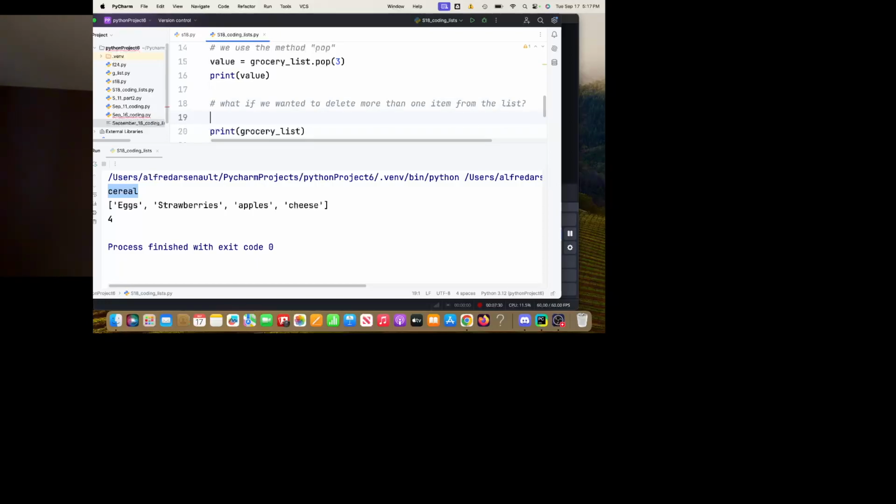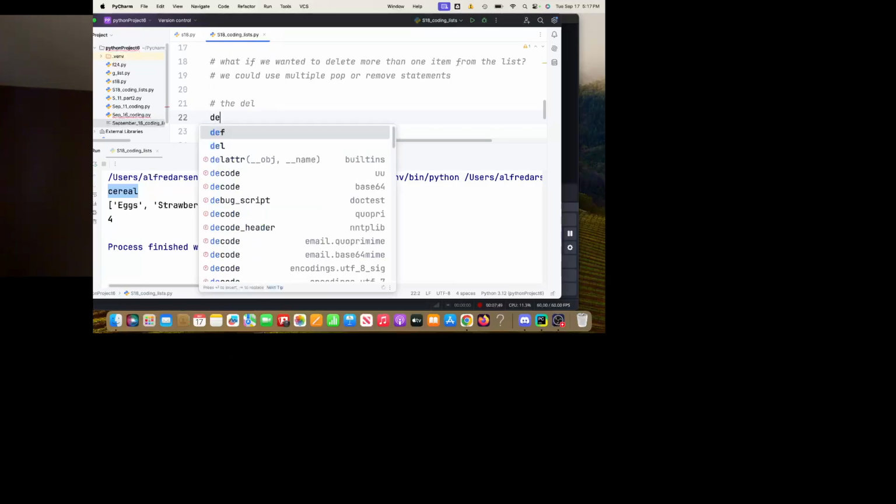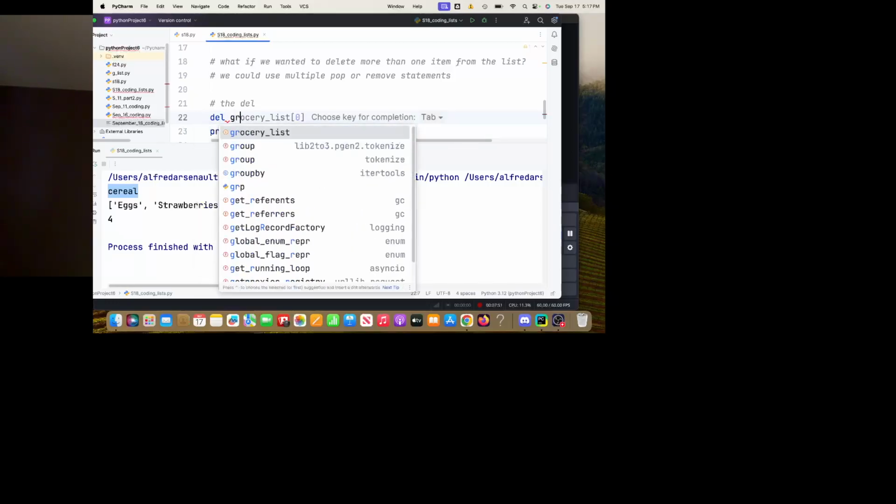We could use multiple pop or remove statements, and that certainly works. But we also have the del statement. Okay, and the syntax for that is simply this: del grocery list